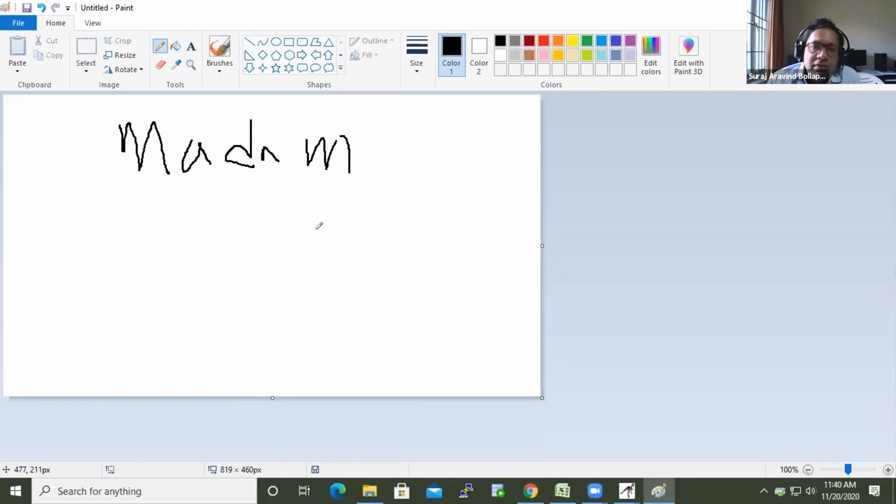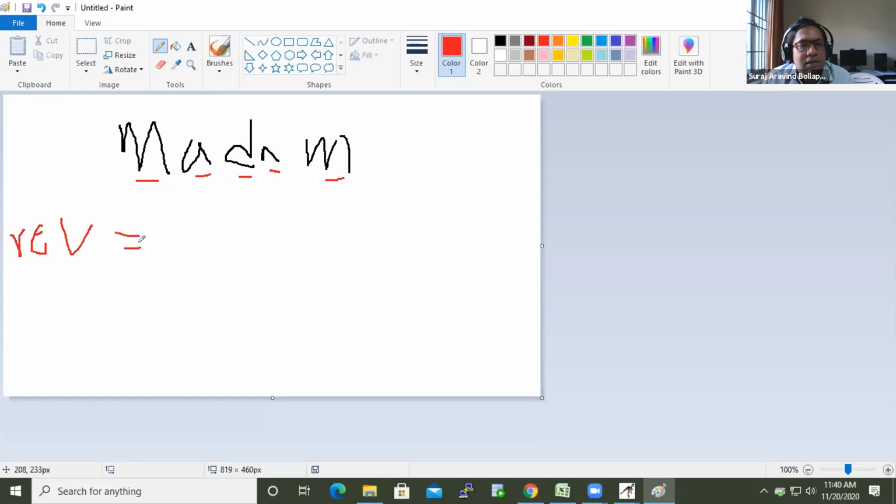Now in Raptor we have found out a way where we can identify individual characters with the help of the index. So Jayant is taking another word and naming it as REV.